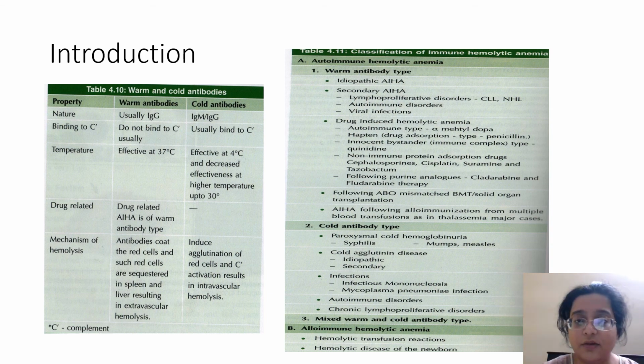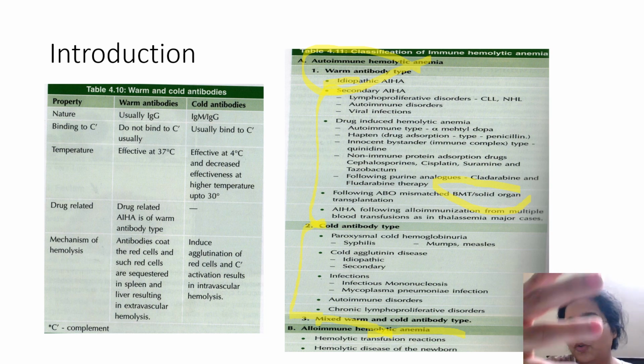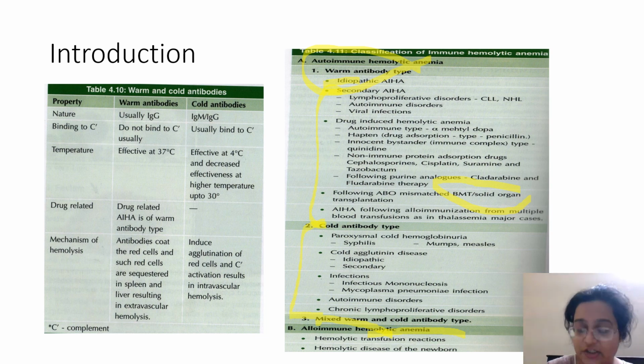As you can see, the warm type here is mentioned in the textbook. It can be idiopathic, and any and everything in medicine is idiopathic. Secondary causes, see, the list is so big. Even bone marrow transplants can cause autoimmune rejection. And then there's a list of cold antibodies and mixed type reactions, and then alloimmune, when something that you've taken from some other human being in your body causes rejection.